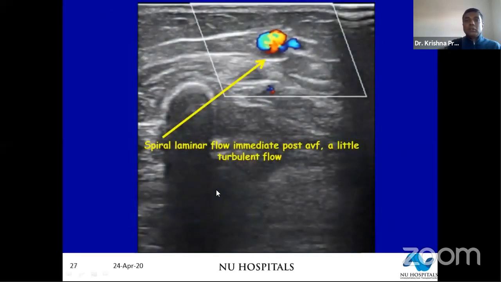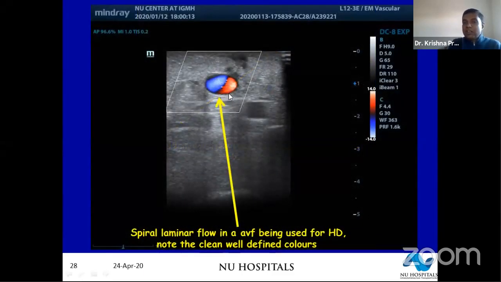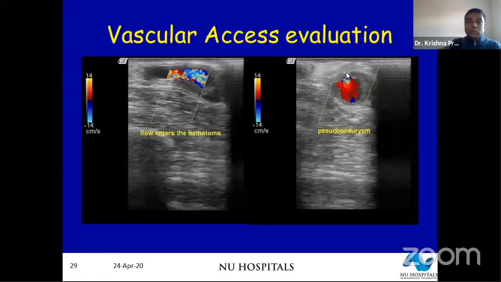If we just quickly look at the Doppler images now, this is what is called a spirolaminar flow. You need to demonstrate this on table. It means to say that it is not a turbulent flow in the vein. If you don't demonstrate this, then very likely you're going to have to keep a close eye on the fistula to see if it's going to mature well. The same spirolaminar flow after many months of use of dialysis, you can see a very nice, clearly demarcated, what I call a Pepsi can sign, showing that there's a very nice spirolaminar flow in this fistula and not a turbulent flow. You can use the ultrasound to assess all the lumps and bumps which present early on.